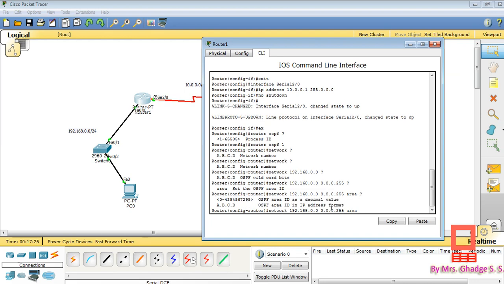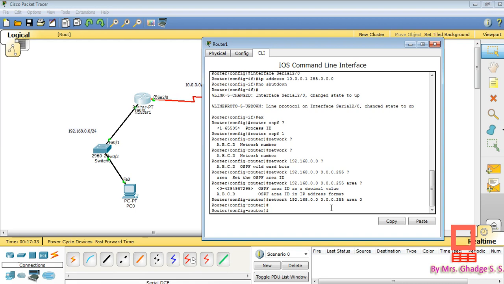Here we are going to take area 0. This is the backbone area. Our network is so small that we have taken only one area, because we are going to configure only simple OSPF. How to configure multiple areas we will see in our next practical.